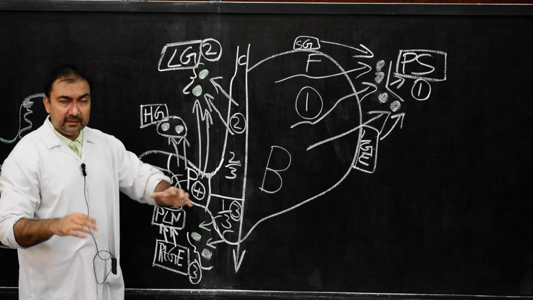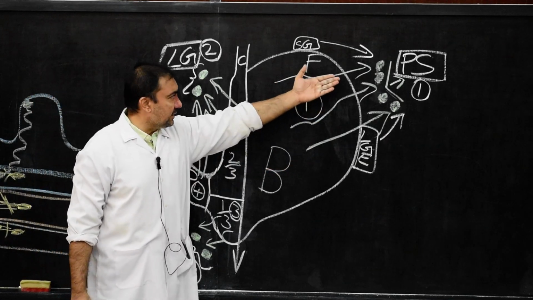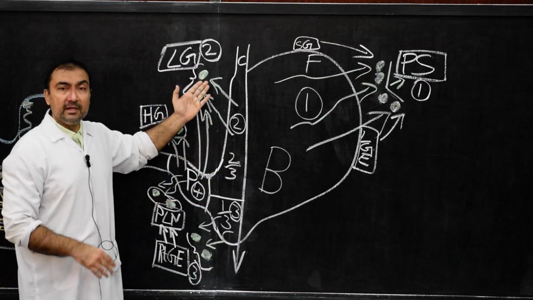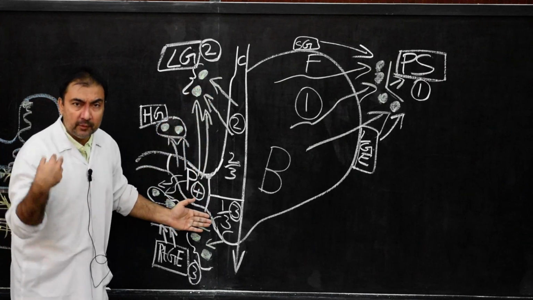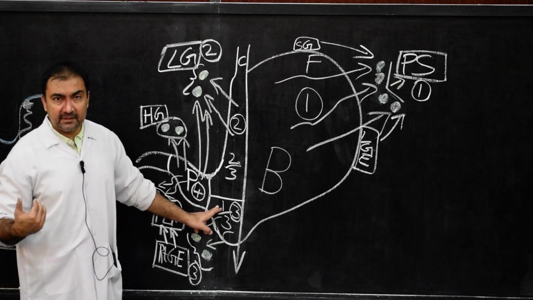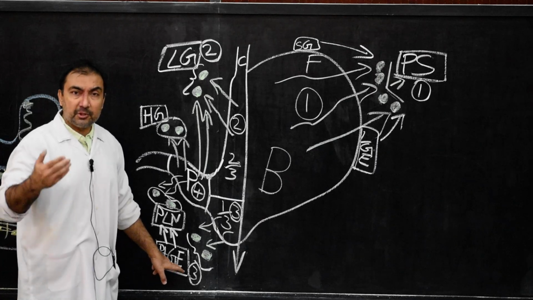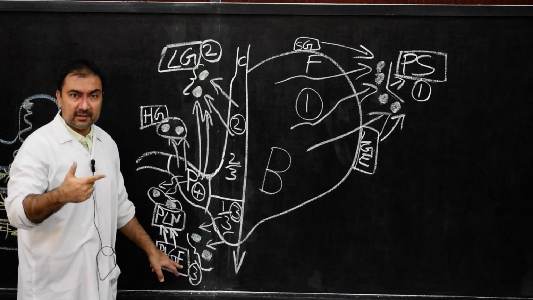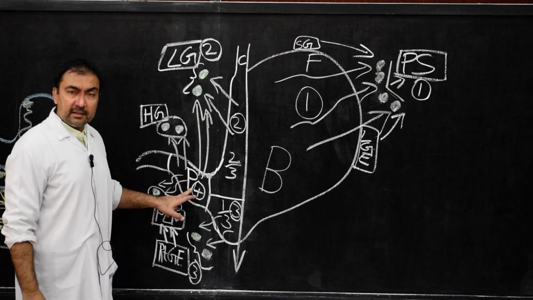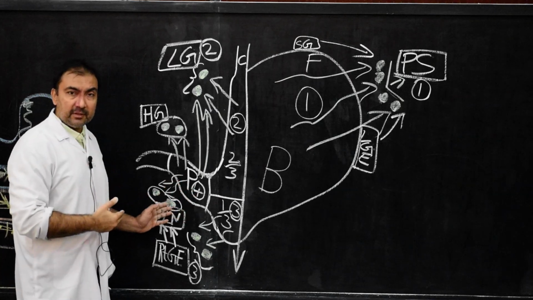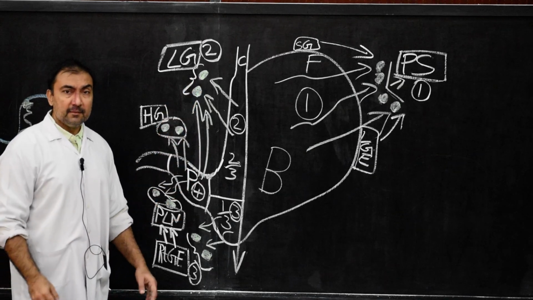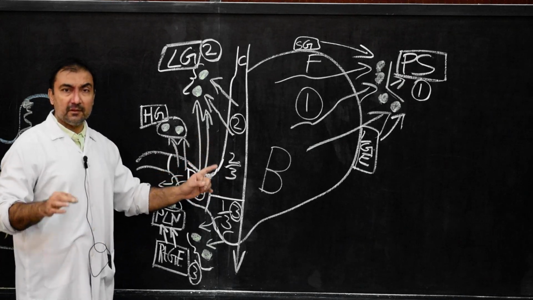The part of the lymphatic drainage of the fundus of the stomach and greater curvature will be pancreaticosplenic group of lymph nodes. The part along the lesser curvature will drain into left gastric group of lymph nodes. The part of the lower part of the greater curvature near the pyloric antrum or the lower 1/3 of the right part of the stomach will drain into right gastroepiploic group of lymph nodes. The lower part of the greater curvature, right gastroepiploic group of lymph nodes. From the pyloric antrum or pyloric part of stomach, it will drain into pyloric group of lymph nodes, hepatic group of lymph nodes, and left gastric group of lymph nodes. Please note down because they are often asked in MCQs or in 1-mark question answer.